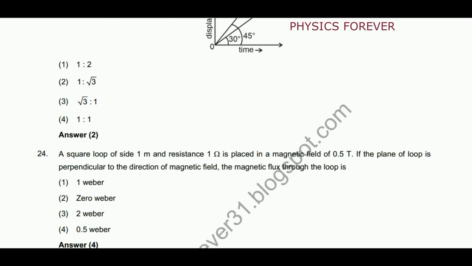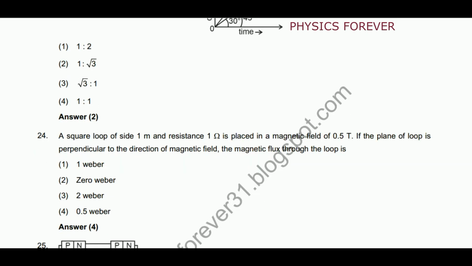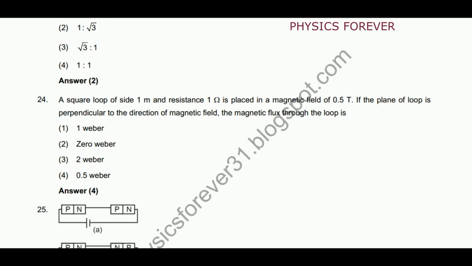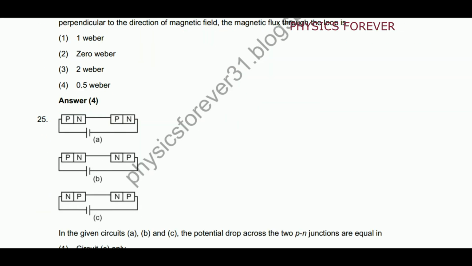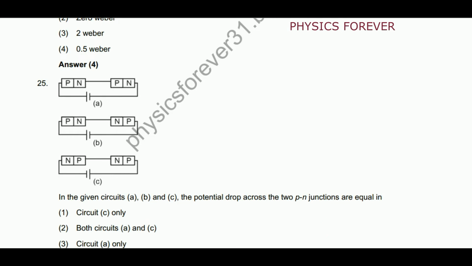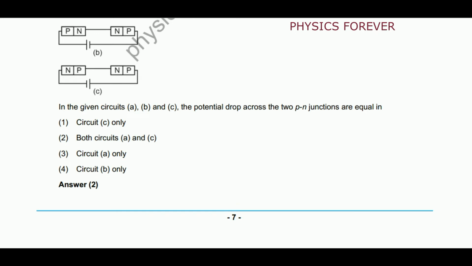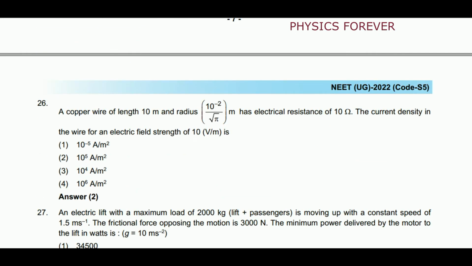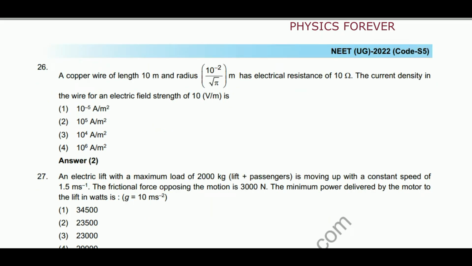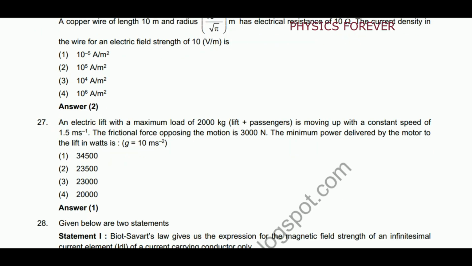So 24, a square loop of side 1 meter and resistance 1 ohm is placed in a magnetic field of 0.5 T. If the plane of the loop is perpendicular to the direction of the magnetic field, the magnetic flux through the loop is, answer is 4. Then 0.5 Weber. So the 25, from the given diagrams we have to choose the correct one. Answer is 2. Then both circuit A and C. Okay. Then 26, from this the current answer is 2. Then 10.5 A per meter. From this graph, the correct answer is, from the graph